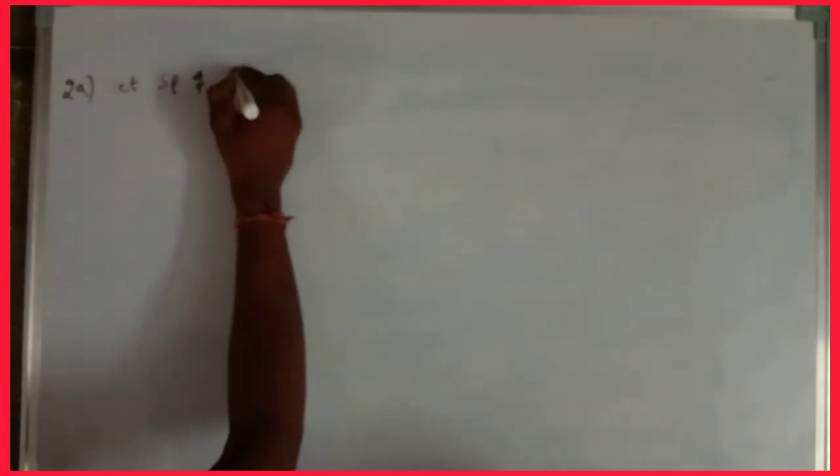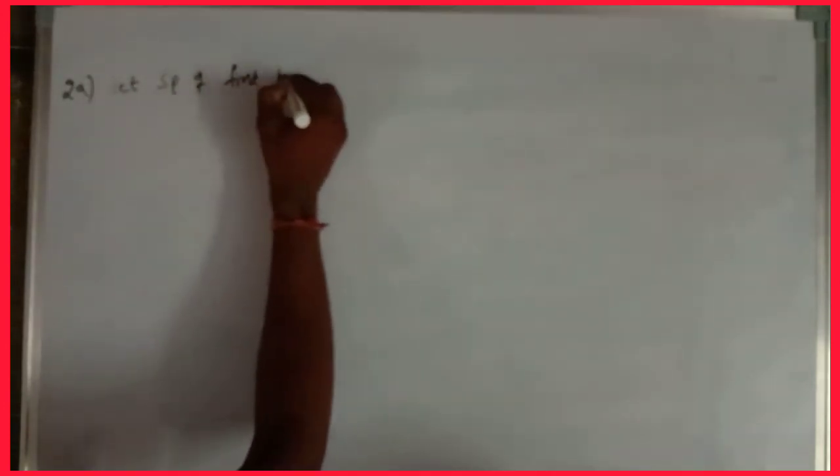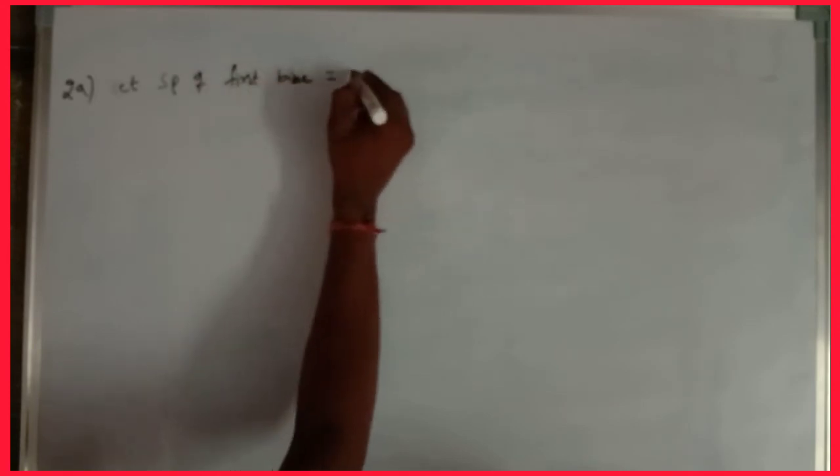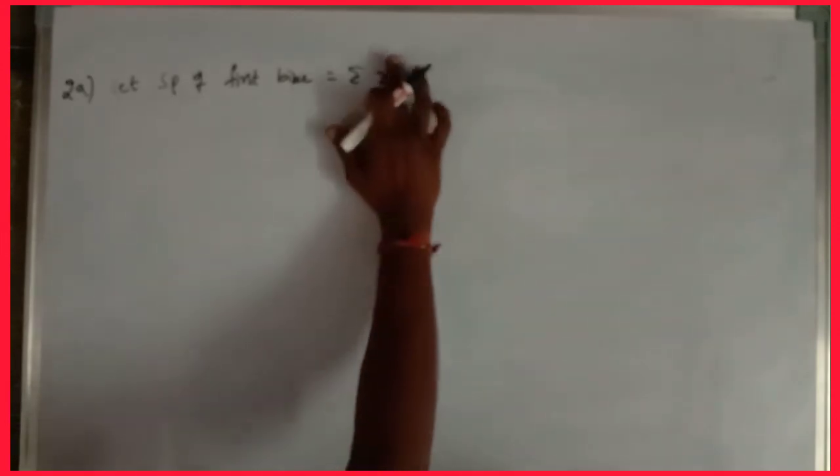So the next question is, two bikes are sold at the same price so that there is a profit of 45% on one bike and loss of 45% on another bike. The net result of each transaction is, whether it is loss or profit, in terms of percentage. So here I am taking selling price. Let SP of first bike be rupees X, or I am going to take 100 rupees directly.